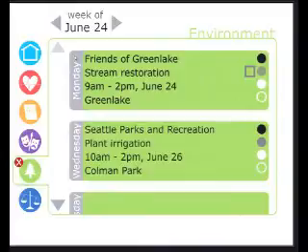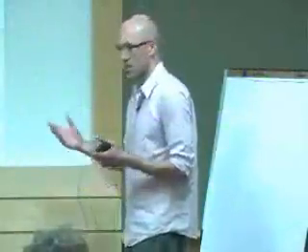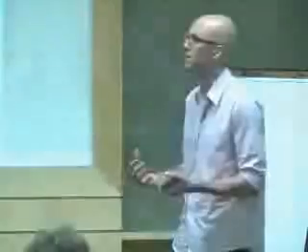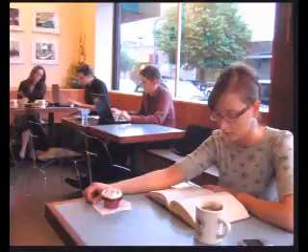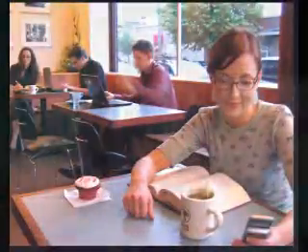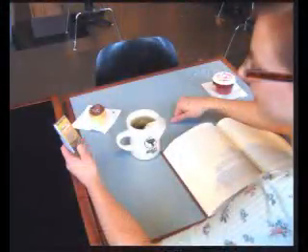So we'll catch up with Erin now a day later. She's in a coffee shop and reading one of her favorite books, and someone in the coffee shop happens to pick up one of those events because they share a common interest in the environment. And just then someone parks their car outside and has a few other volunteer events that jump onto her phone as this digital pollen starts to propagate throughout the community. And this time her phone starts vibrating, and so she's really interested to find out, as she's exploring this new interface, what might this mean? And so we're going to get to take a look at what the interface would show now.